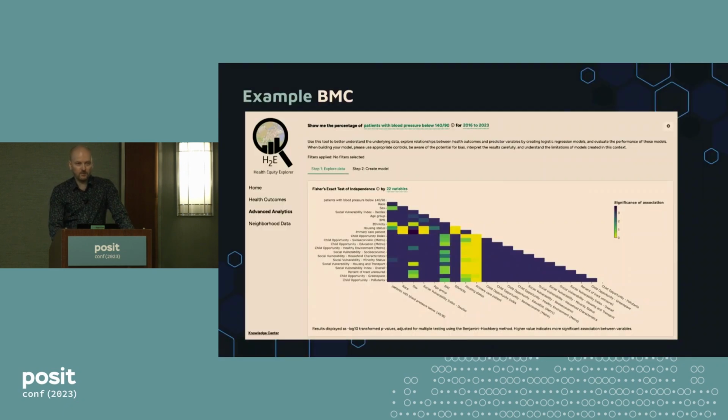Okay, so let me give you a quick example of how we used this framework in a recent project that we had. So we built an app for Boston Medical Center. It took about 2 months. It's called the Health Equity Explorer. It helps doctors and researchers analyze data about population health to hopefully discover systematic factors that lead to good or bad health outcomes for a whole population or area.